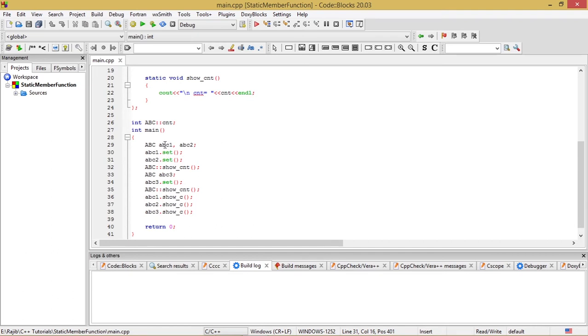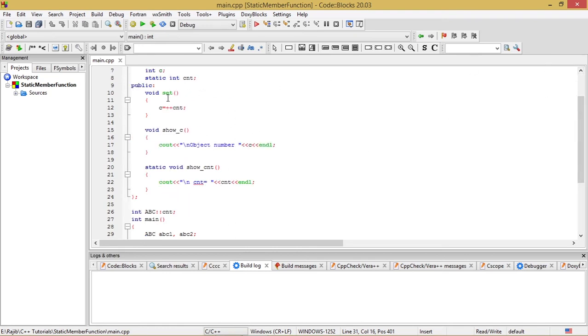After that, these two objects share the same value of CNT because static data members are shared between different objects. After that, abc1.set. What is written above in the set? Let me see.